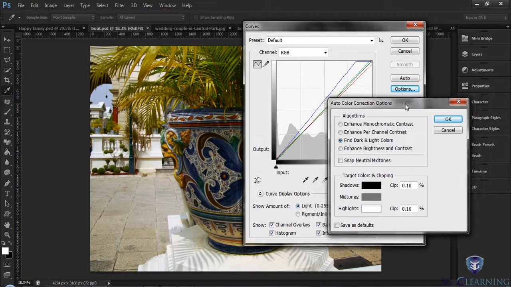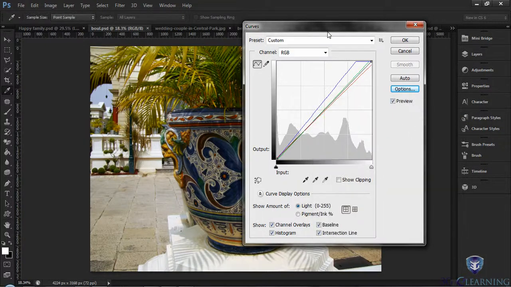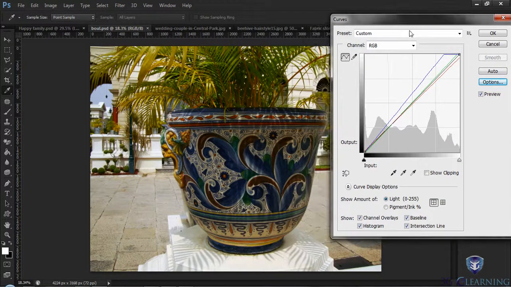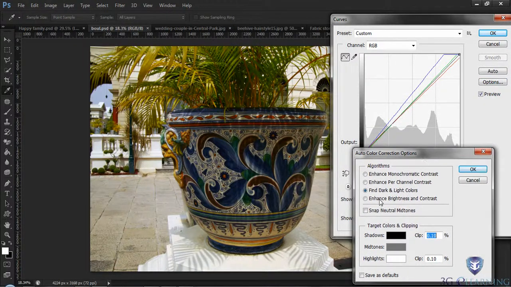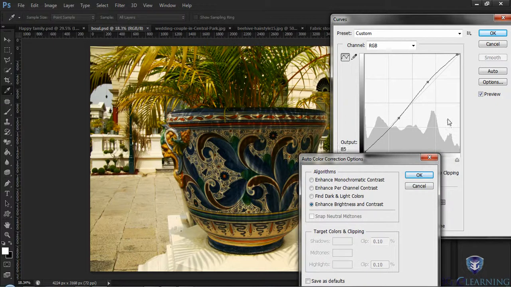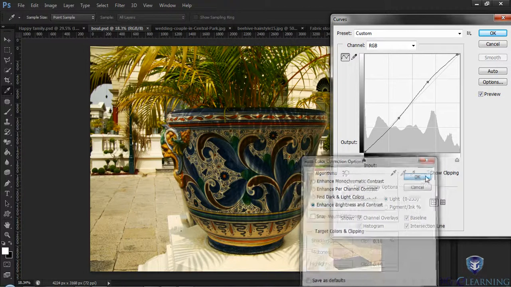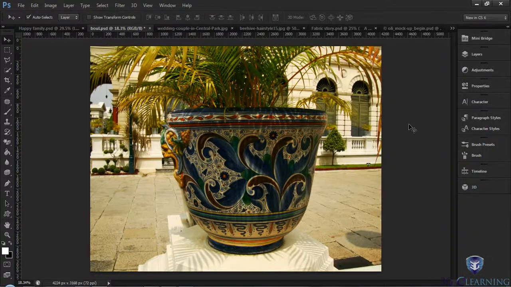In fact, I will click OK, scoot this window over to the right, and click Options again. And if I simply hit Enhance Brightness and Contrast, you could see where it mapped a point for me, and I could specify target colors if I wanted to do so, or make a new default. But I will click OK, and click OK again,